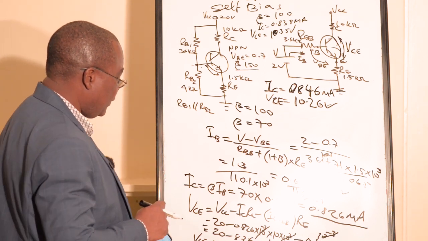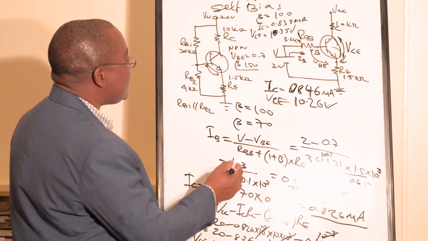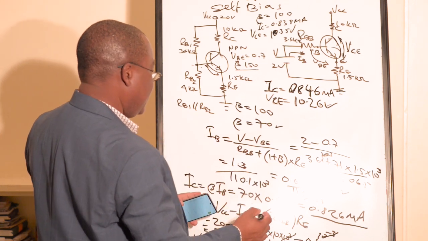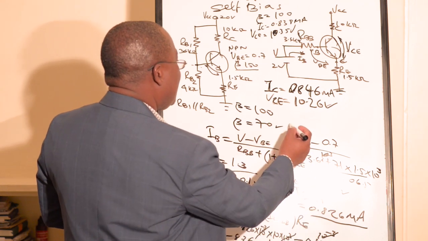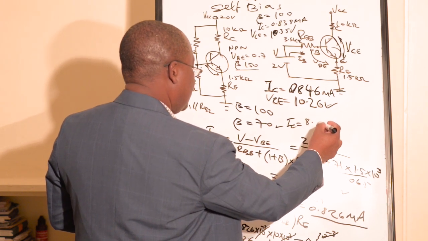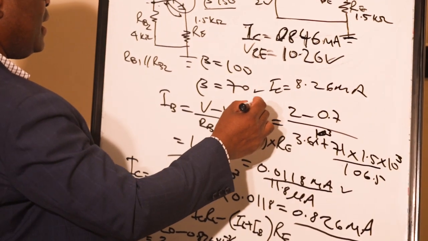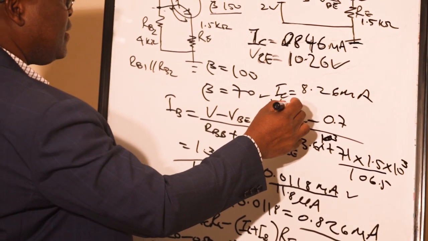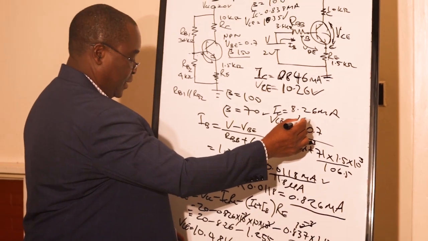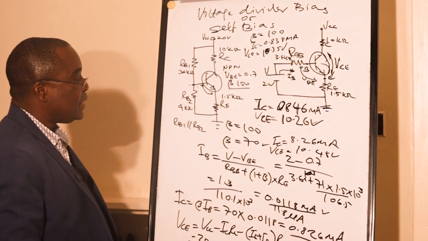So beta at 70, we have IC equals 8.26 milliampere, and the VCE equals 10.48 volts. Then I will remove this calculation